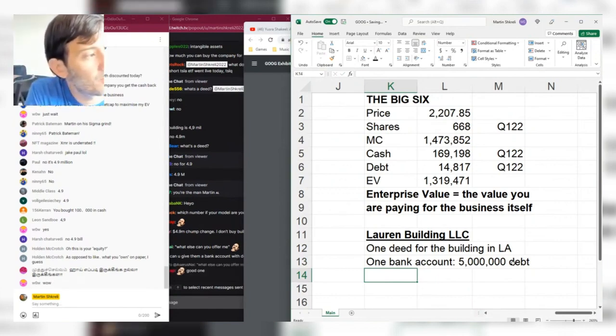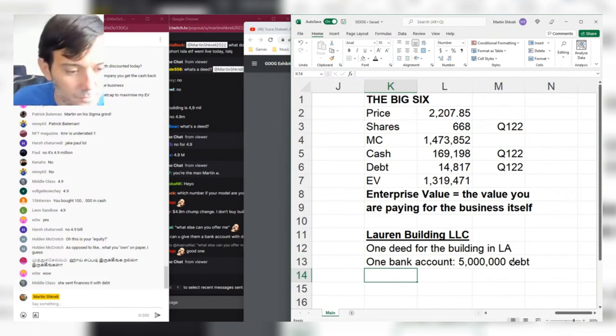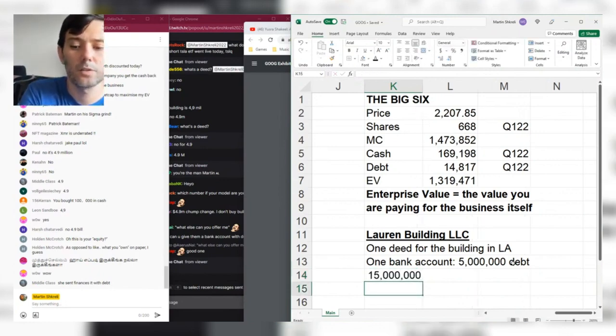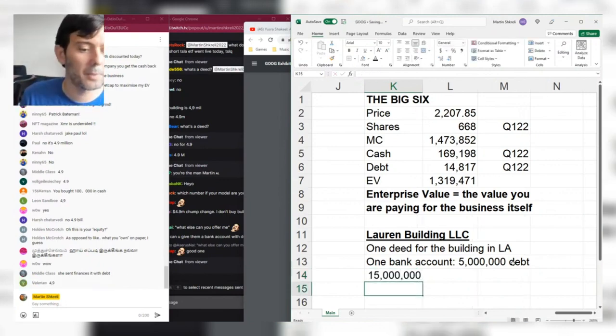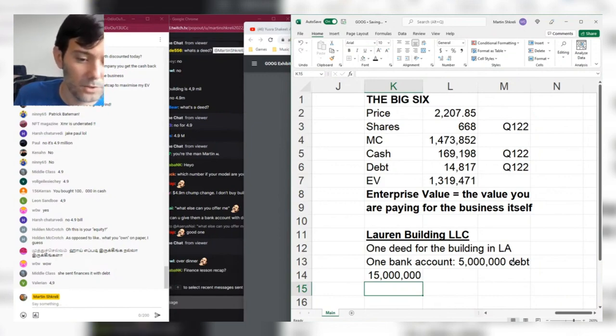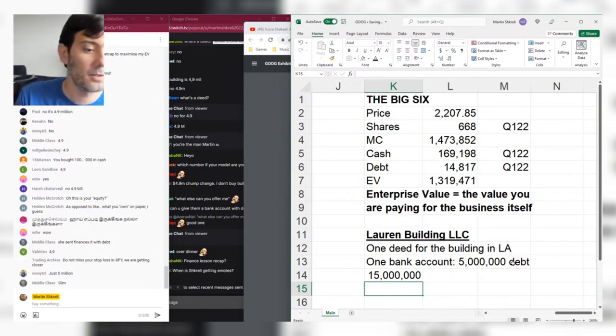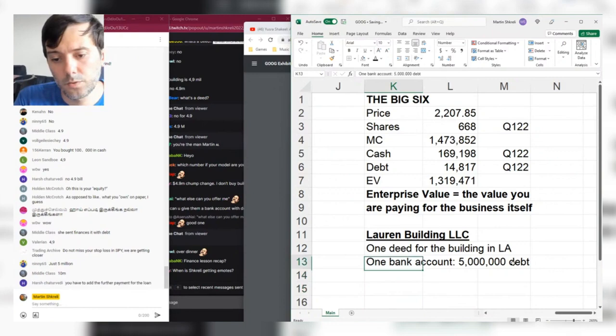It's a detail, but if I bought this LLC from you, I owe the $5 million because I now own this debt too. So I'm really paying $15 million for it, aren't I? I got to pay the $10 million to her, and then I got to pay another $5 million for the debt that the building has, which isn't such a bad thing necessarily. Maybe this building's worth $100 million, but the debt counts too, right? So anyway,